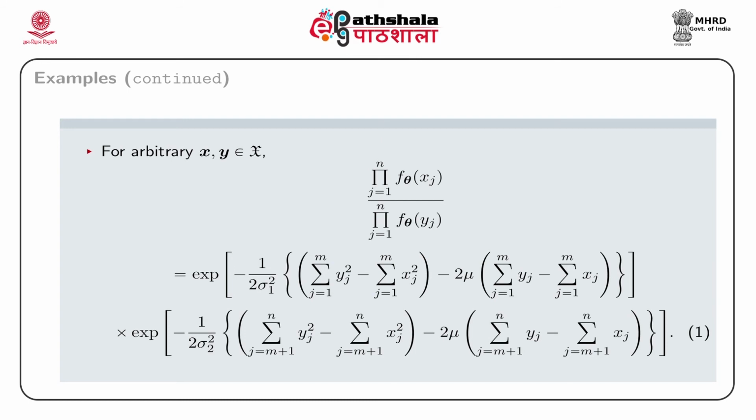This is equal to e to the power minus 1 by 2 sigma 1 squared, into the summation over i from 1 to m of yi squared minus the summation over i from 1 to m of xi squared, minus 2 mu into the summation over i from 1 to m of yi minus the summation over i from 1 to m of xi, into e to the power minus 1 by 2 sigma 2 squared, into the summation over i from m plus 1 to n of yi squared minus the summation over i from m plus 1 to n of xi squared, minus 2 mu into the summation over i from m plus 1 to n of yi minus the summation over i from m plus 1 to n of xi,